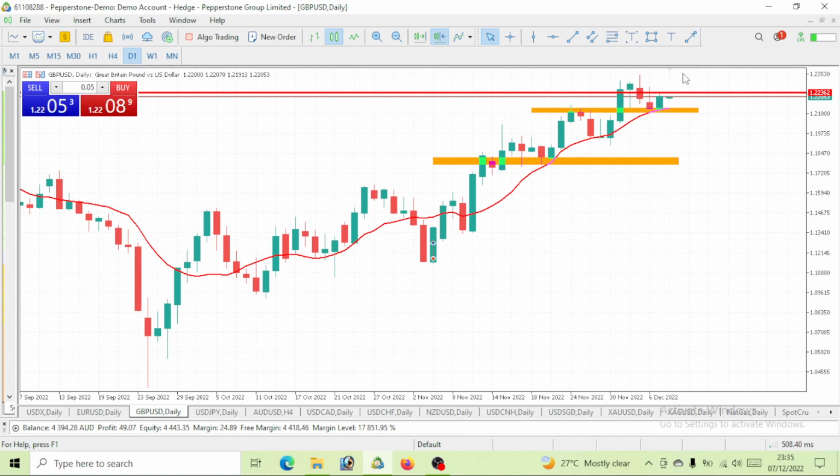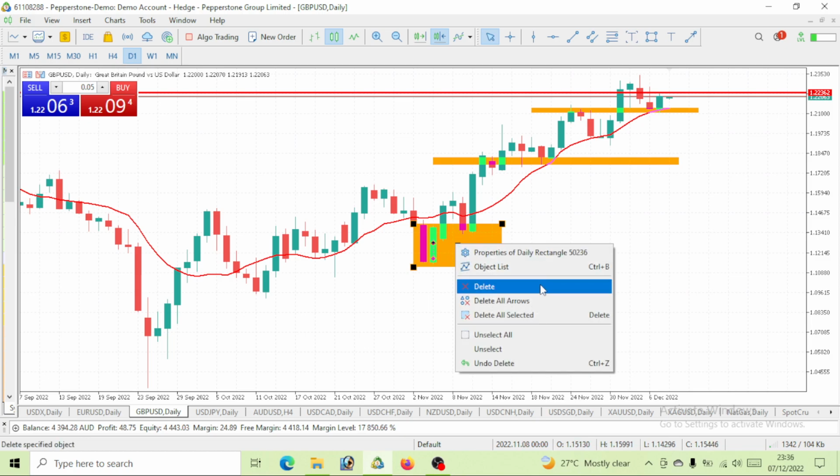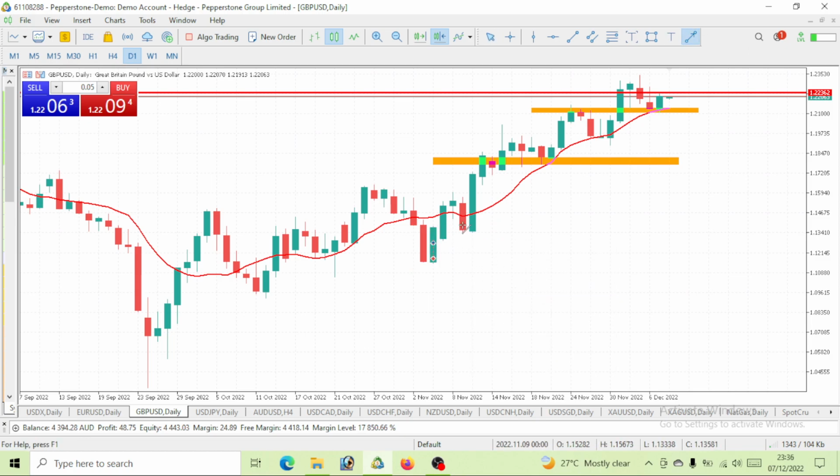Now, the third question you ask yourself, especially when you're using the moving average, which I use a lot, the 10 period moving average, is: is this price above the moving average, or below it? You can see here price gave us a pullback and broke below this moving average. Then it later corrected itself. Now it is above this moving average.